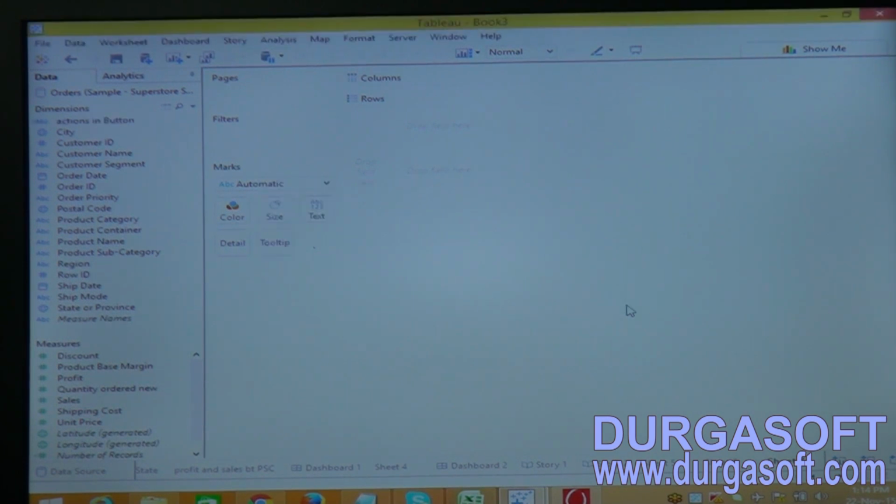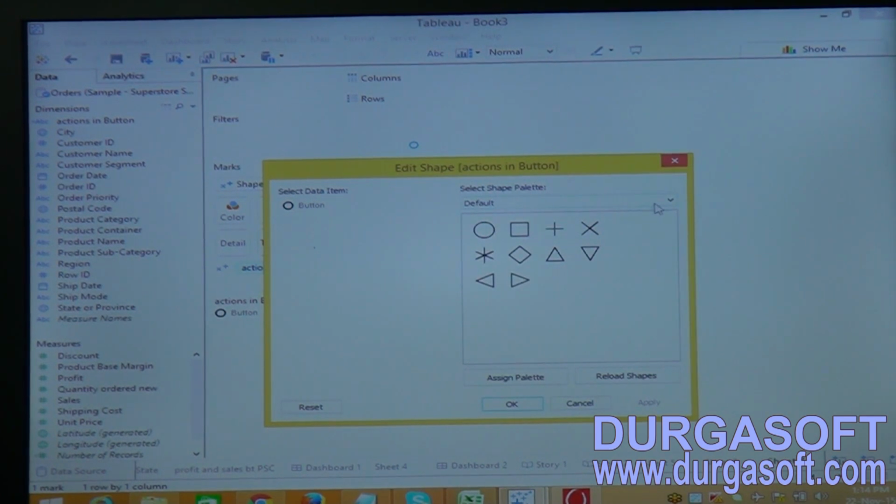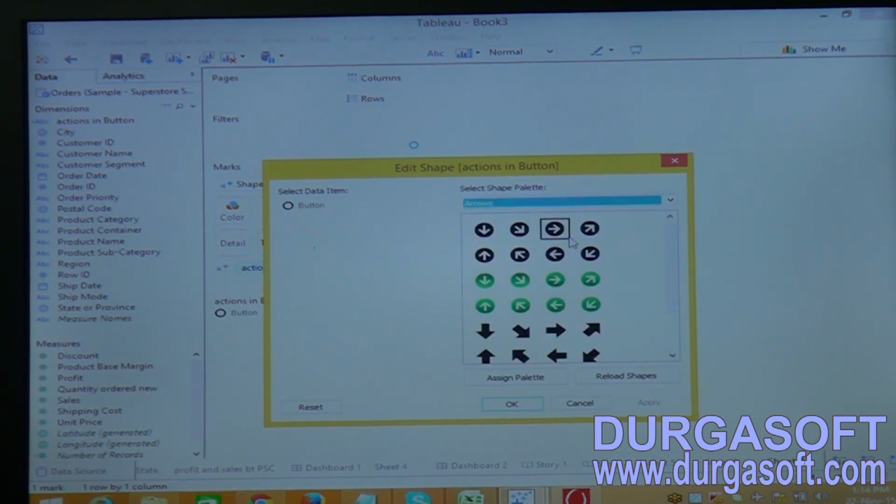Click OK. I created a button field. Now select the shapes and drag the button onto the shapes. Double click on that. I need to give the arrow marks, so click on the arrow. Now click on the move arrow.